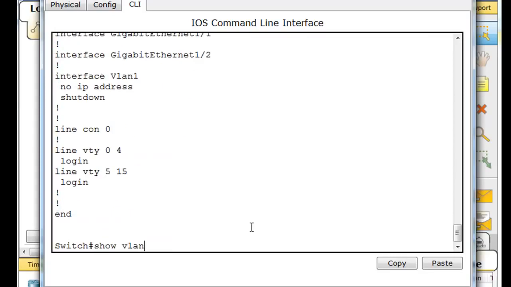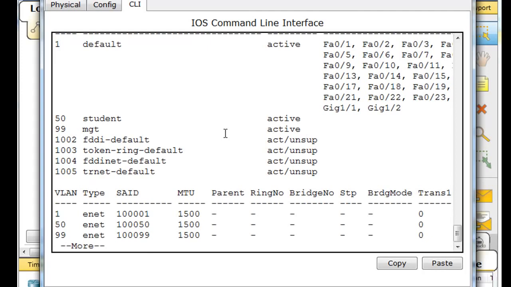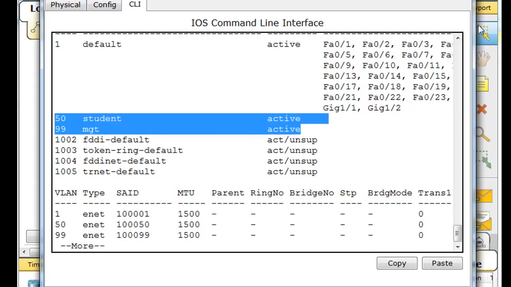Let's do a show VLAN. And now you can see that we've got the 50 student VLAN and the VLAN 99, the management VLAN now. And they're both active, but no ports are assigned to them, right? So the next thing to do, once you have created a couple of VLANs, is maybe to assign them to